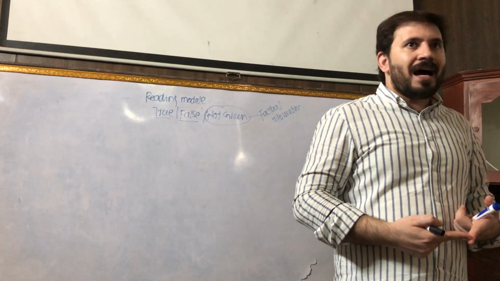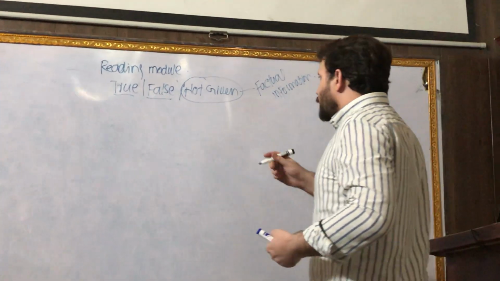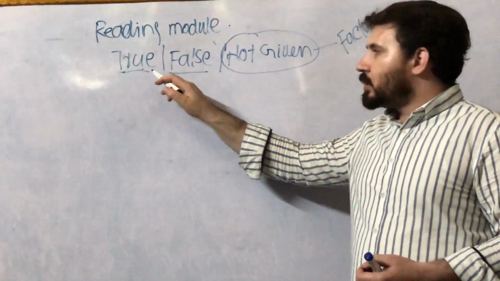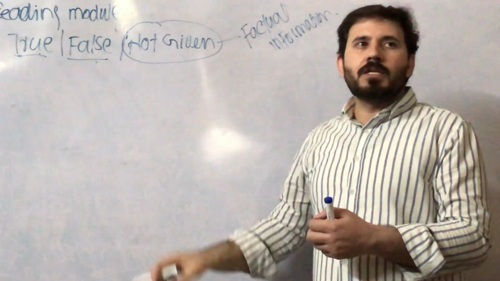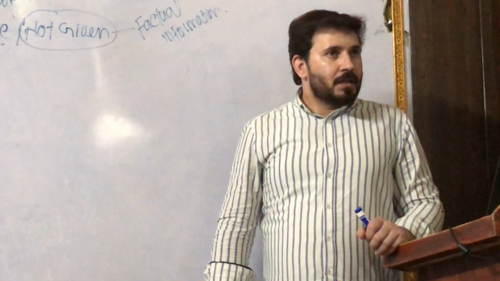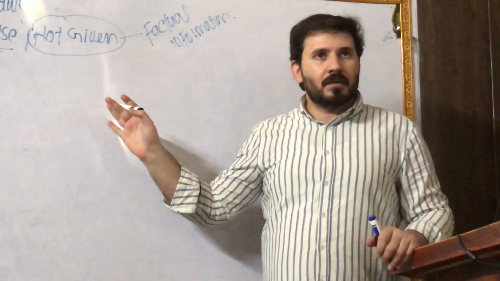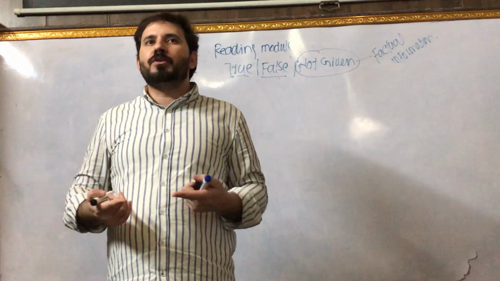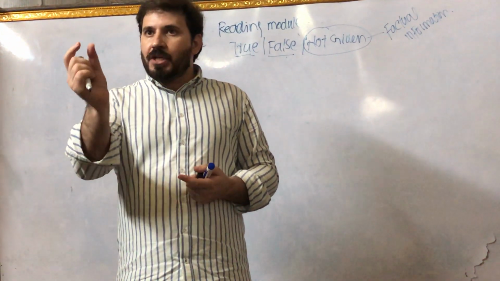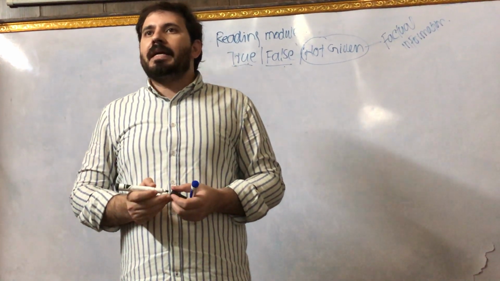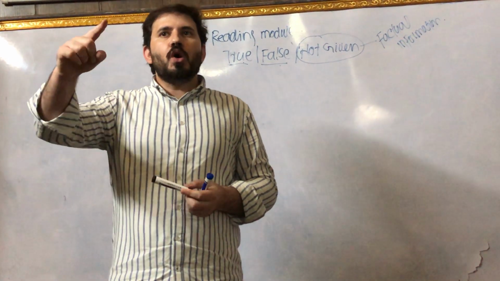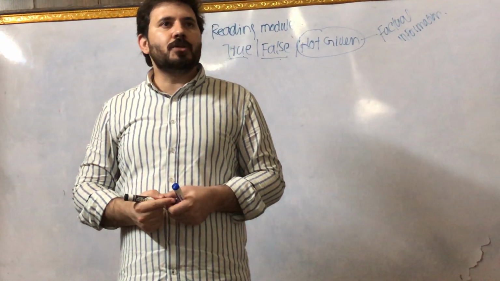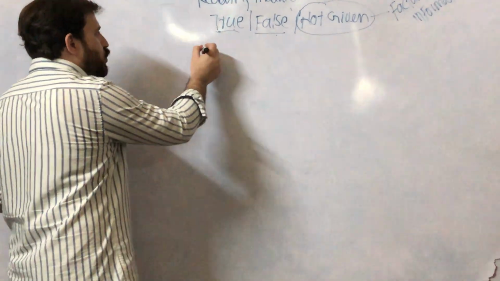Clear? So now, what is more important for us? First of all, we should be very clear about what is true, what is false, and what is not given. Before moving towards them, the main targeted thing, what the examiner wants to ask you, to judge you all. The objective of these questions is that the examiner wants to know whether you understand the sentence controllers. They will be using sentence controllers.